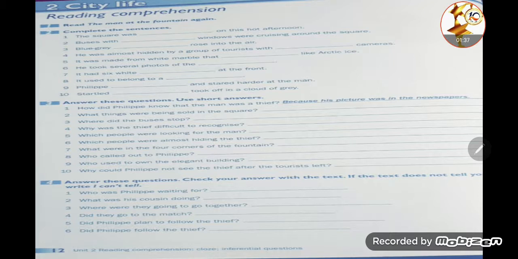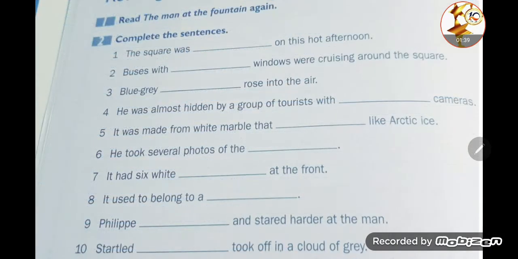So number 1, شو عم يحكي لنا بنمبر 1؟ عم يحكي لنا read the man at the fountain again. بدنا نقرا الستوري مرة تانية in order to answer the given exercises حتى نقدر نحل ال given exercises. Number 2 هو الاكسرسايز اللي رح نحله مع بعض أنا وياكم هلا. Complete the